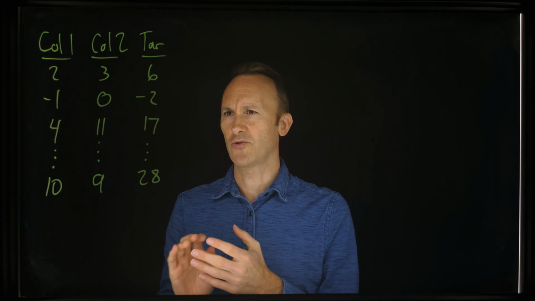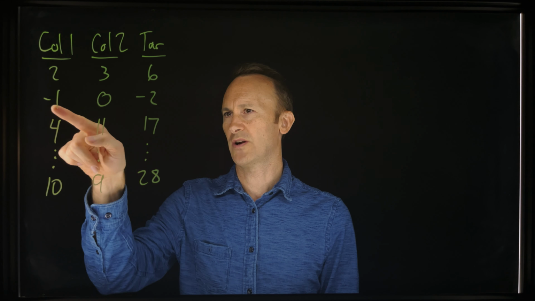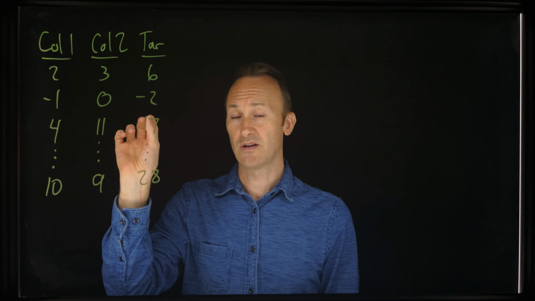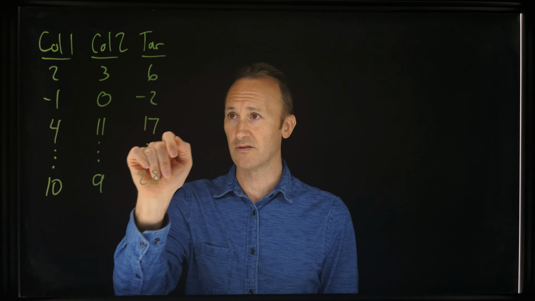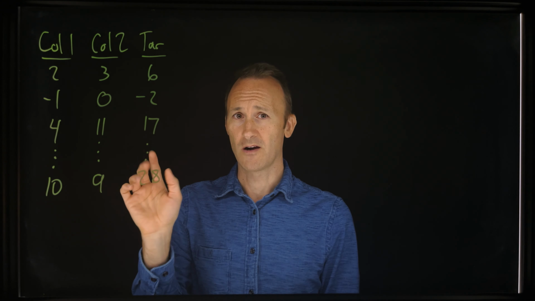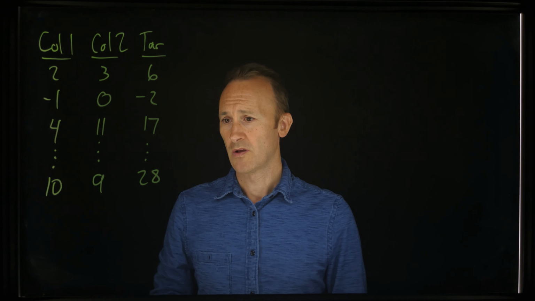It's not totally obvious just from looking at it. I mean, you could say, well, what if I double this column? 2 times -1 is -2, and do whatever with this column, because that'll give me -2. So if I do 2 times this column and 0, that's 4. So maybe there's something we can do about doubling the first column. Now,